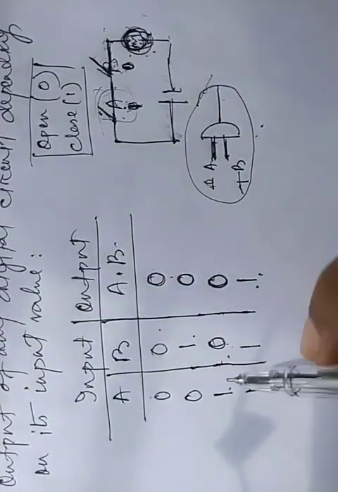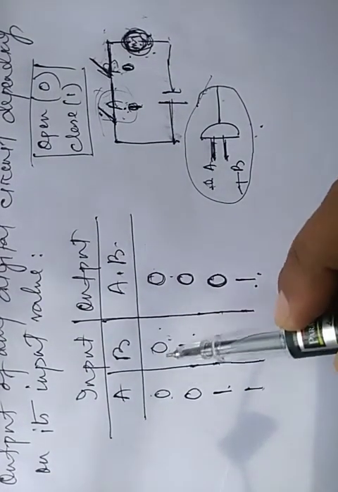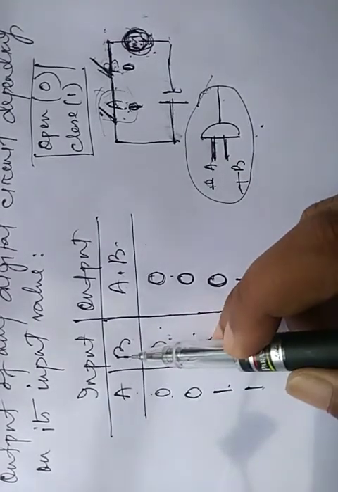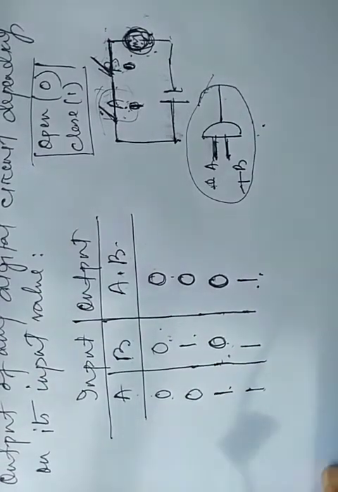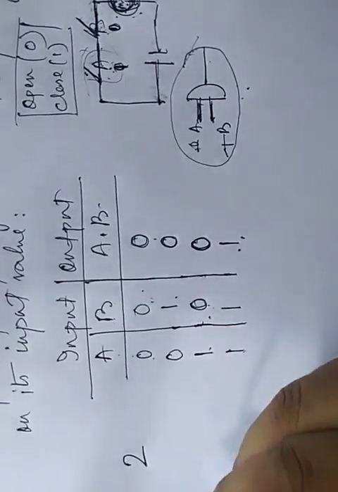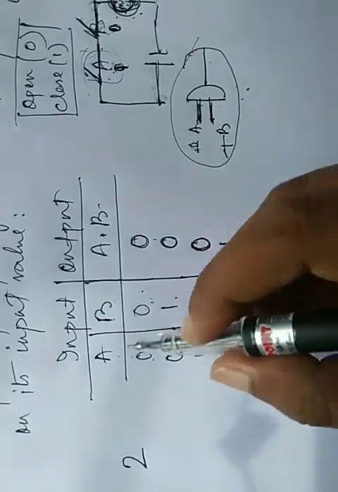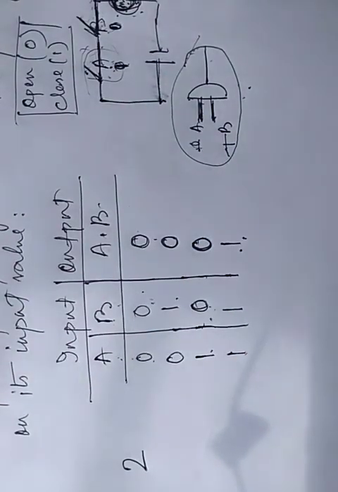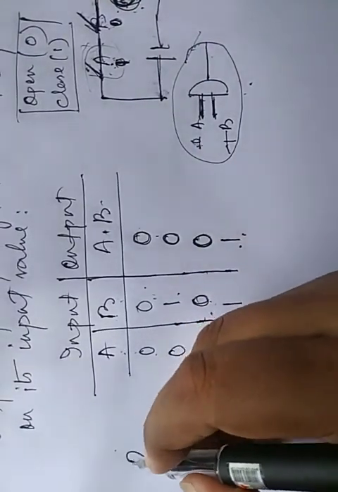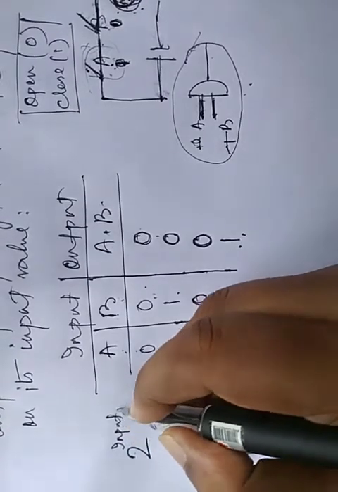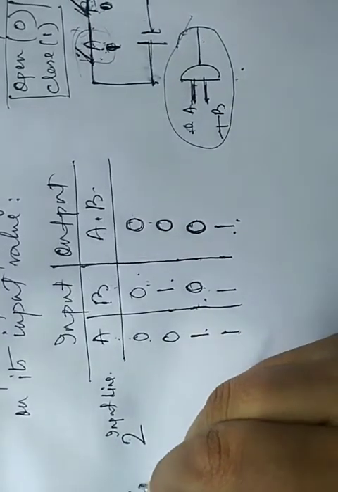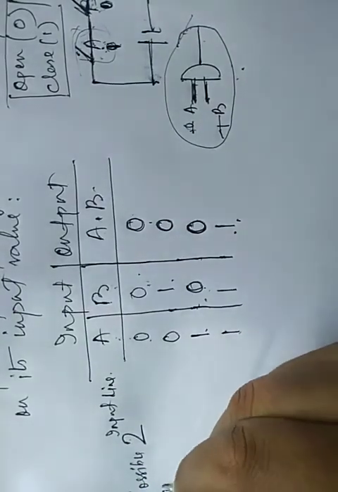So how do we get these 4 possible conditions? You must know that whenever there are 2 input values, there are 4 possible conditions. How do we get 4 possible conditions? We know that the input is 2, and in the binary number system there are 2 values, true and false. So we take 2 to the power of the number of input lines. These are the possible conditions.